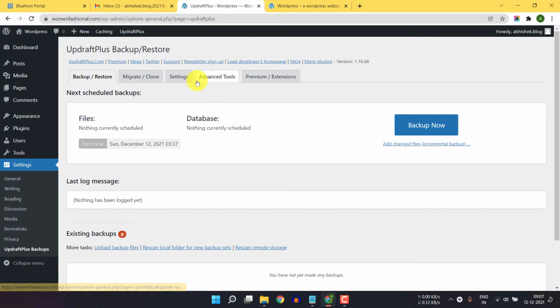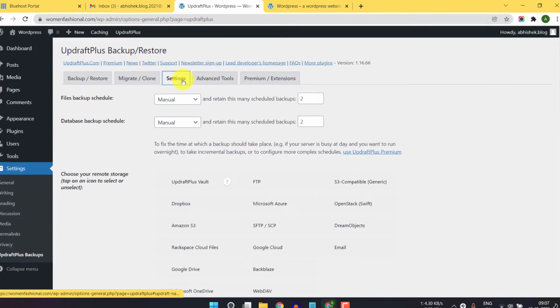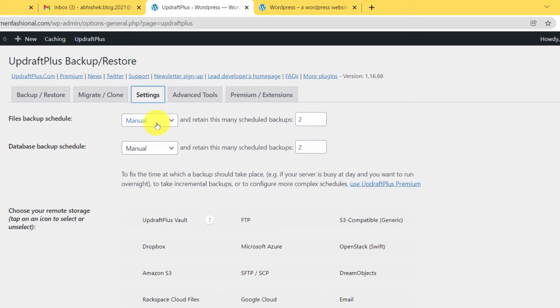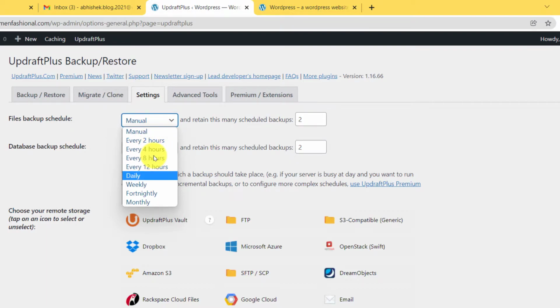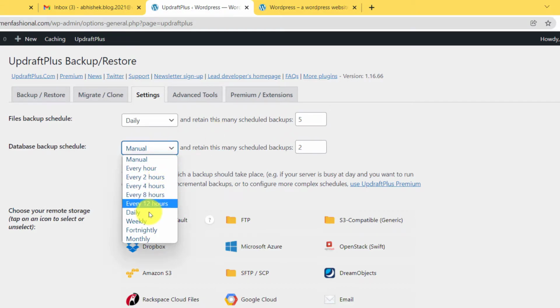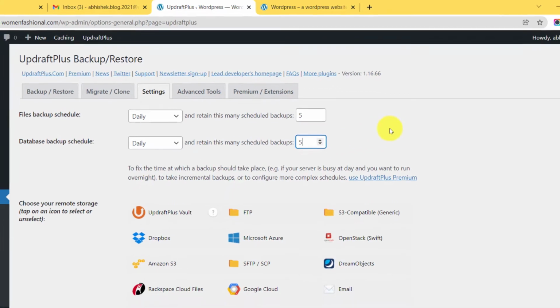For this I will go to settings, and then in this case I will click on every 12 hours or daily. I prefer to take daily backup, so I will click on daily. And how many backups you want to retain, I will generally retain 5 to 7 backups, and I will also take database backup daily, and here I will also retain 5 backups.